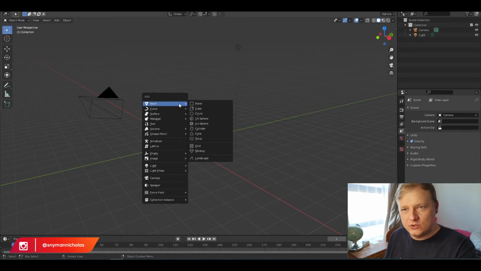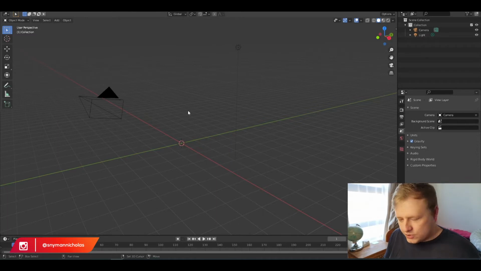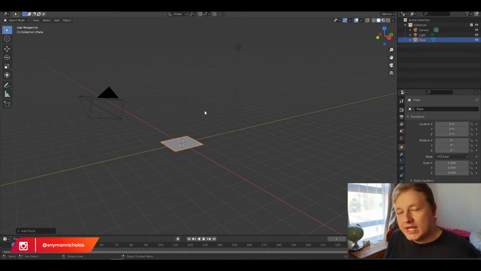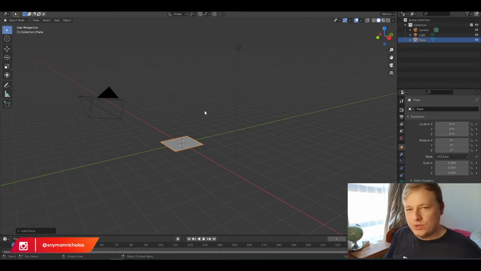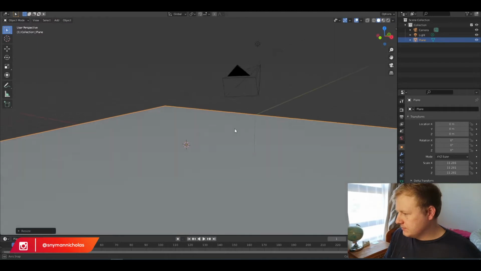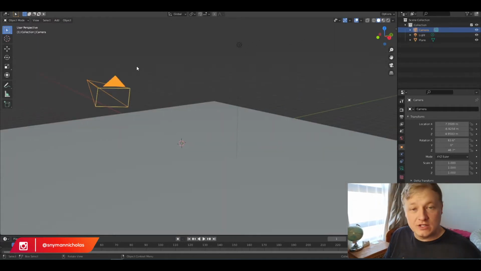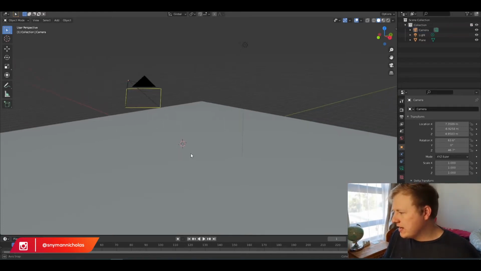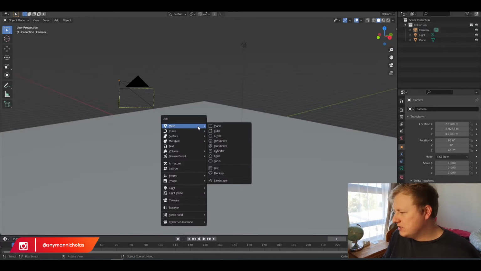tutorial video. So yeah, we're gonna go Shift A, create a plane, okay, because that's our surface area that we want our cappuccino to sit on. We're gonna scale it up. I'm gonna try and do this tutorial as quickly as possible. I don't want to take hours and hours. Cool. All right, we've got a surface. Now next, what we want to create is a